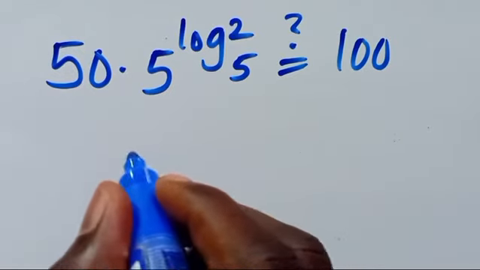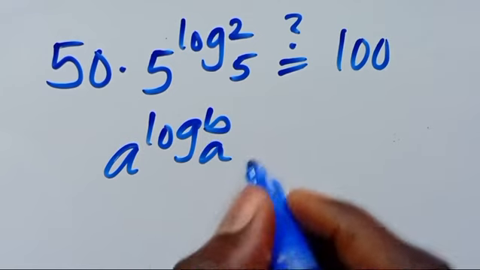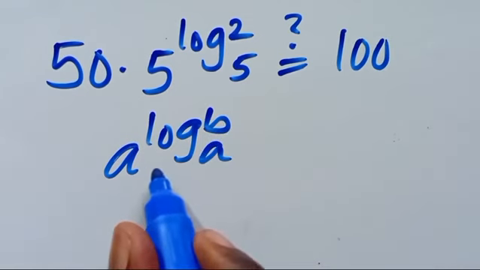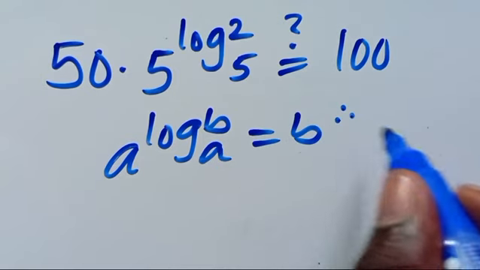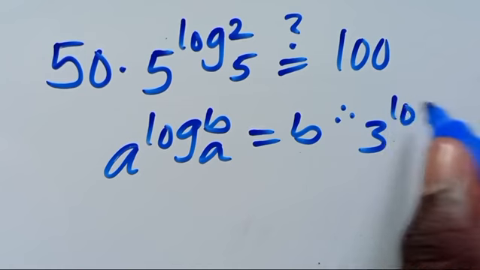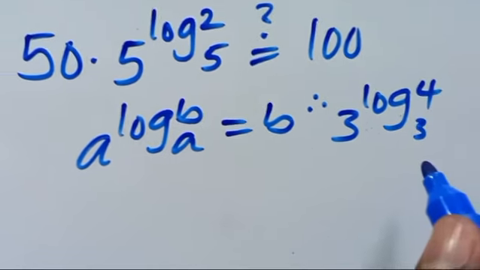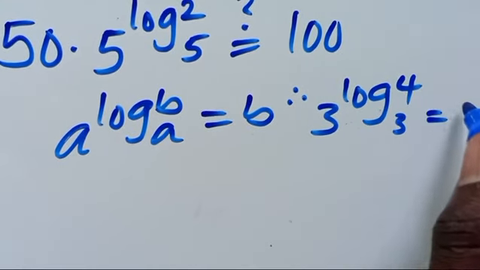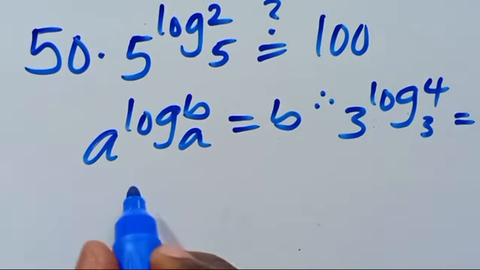So from here, when we have a to the power of log b in base a, so far they have the same base as this, the output of this will be b. And this implies when we have 3 to the power of log 4 in base 3, this will equal 4. This and this are the same, the output will be this. So here will be 50